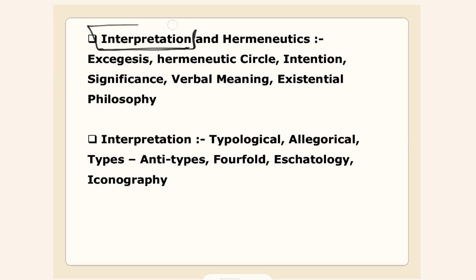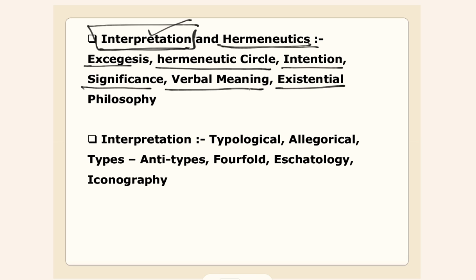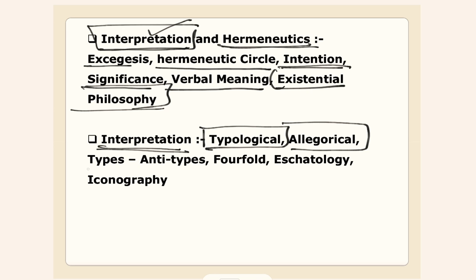Interpretation or explanation or evaluation of literature is known as interpretation. Here hermeneutics. What is hermeneutics? Exegesis, hermeneutic circle, intention, significance, verbal meaning, existential philosophy. This is very modern philosophy. Next, interpretation. Here, typological, allegorical, different types are there. Anti-types,